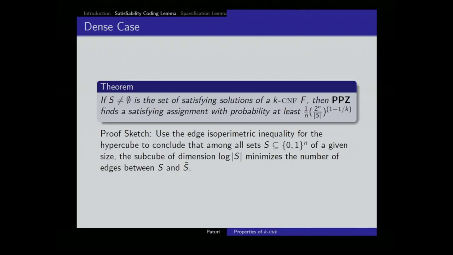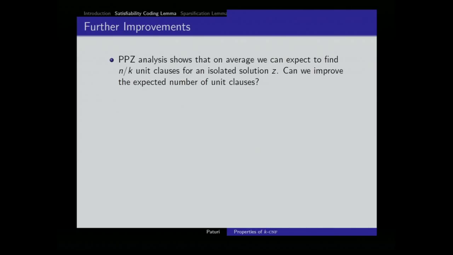Okay. So this is one of the unique properties of this PPZ algorithm. Many other algorithms don't necessarily share this property, that as the solutions increase, this algorithm gets better. So the worst case is okay, when there's a unique solution. Okay. So that's the first part.